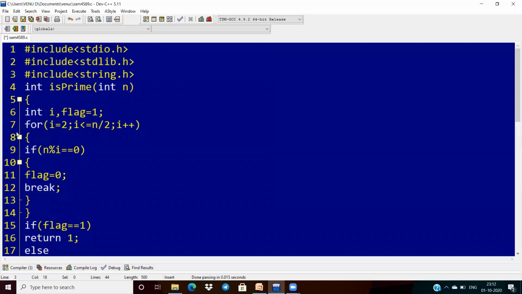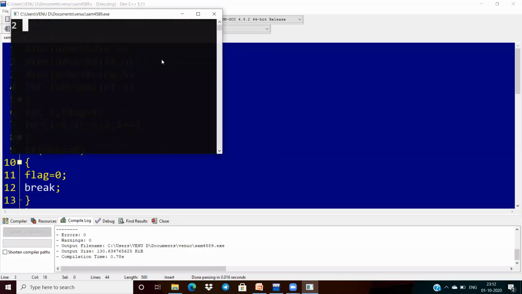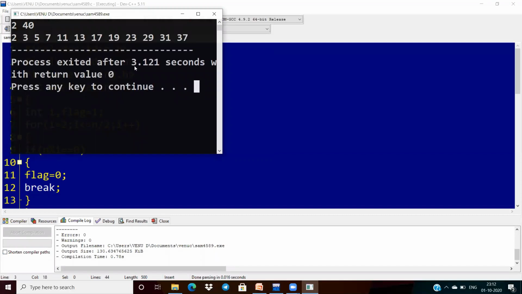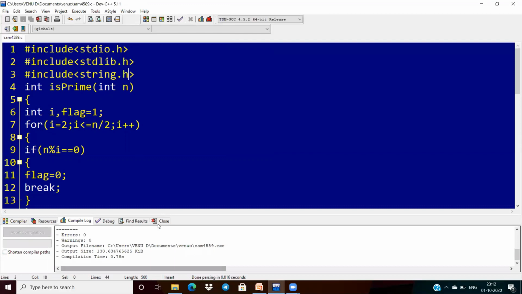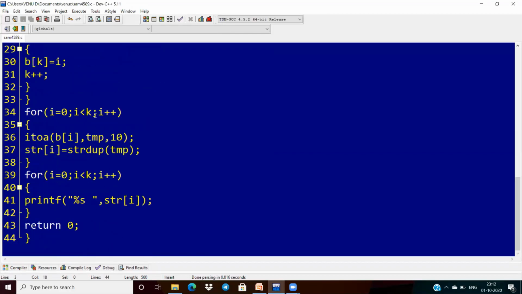Previously I had not included string.h, so I was getting some warnings. Now, if you observe, I'm not getting any warnings, so I will get the expected output. In the first scenario I printed the integer array elements, but in this case I convert them into the string type and print.